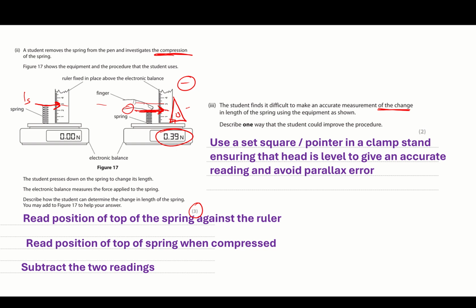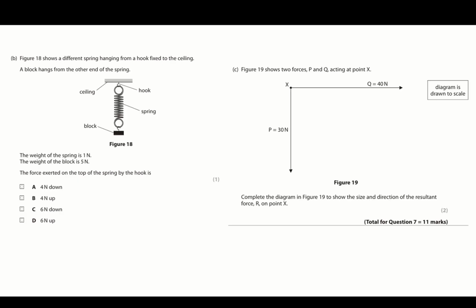I think clamping the ruler is probably a bad one. It was in the mark scheme because the pan's going to move down a little bit, but use a set square or add a pointer onto the top of the spring. Or another one that was in there, make sure your head is level to give an accurate reading and avoid parallax error. Okay, so now we've got a spring hanging from a hook and we've got a force applying down,